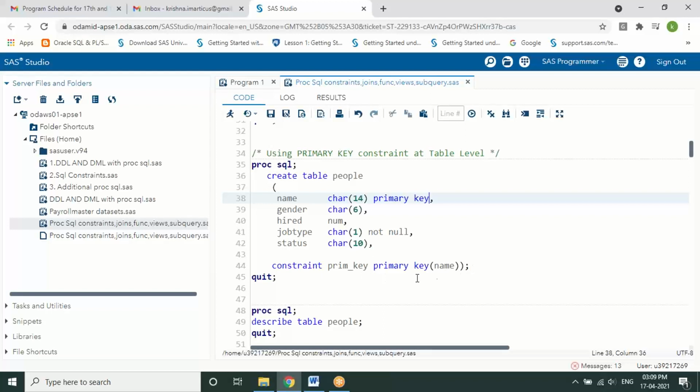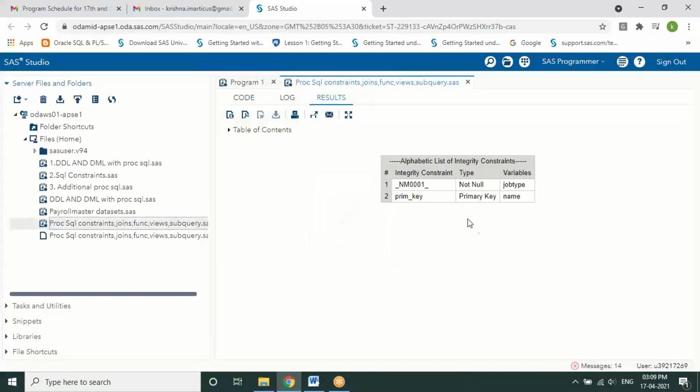So how do we identify the name of a constraint? For example, if I go to the describe table, you can observe this part. You can see the integrity constraint given to the name variable, which is a primary key, and the name of that primary key is prim key, which I have assigned as a user. But there is one more column called job type, on which the constraint enforced is not null, but I have not named anything for that.